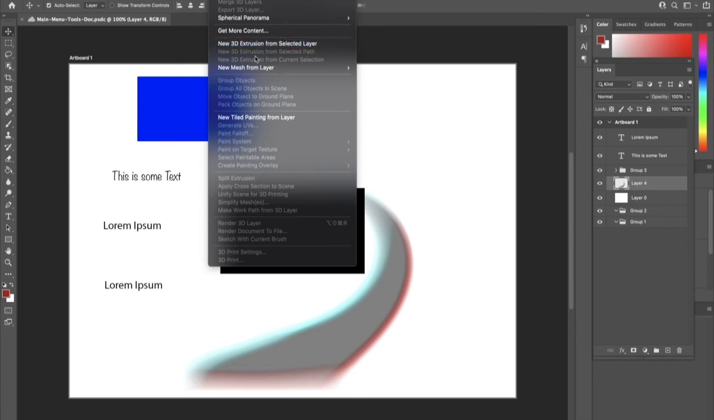new 3D extrusion from selected layer, new 3D extrusion from selected path, new 3D extrusion from current selection, new mesh from layer, so postcard, mesh preset, depth map to, and volume, group objects, group all objects in scene, move object to ground plane, pack objects on ground plane, new tiled painting from layer, generate UVs, paint falloff, paint system, paint on target